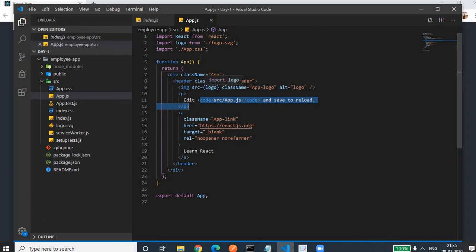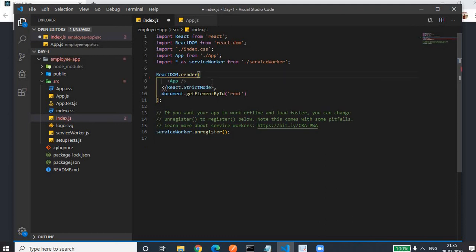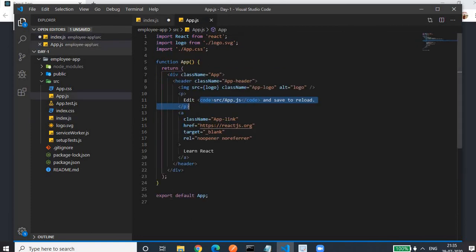This App component is referred to by the index.js page. How is it referring? It uses the App tag, and it is running our React application in strict mode. This is not needed at all, so we'll remove it. It was written by create-react-app. We'll keep just App as it is. We have to refer to this main component by using an import statement, because in the main component we have an export statement, export default App. This is the class name, this is the function name.